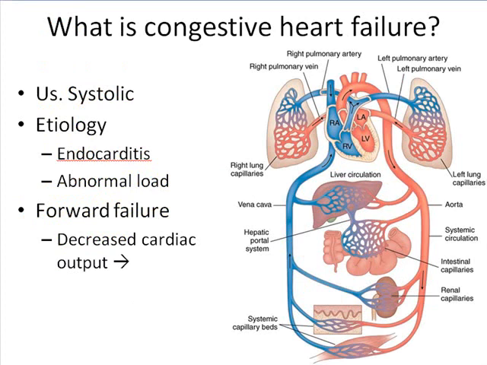So what is congestive heart disease? Well, in a nutshell, congestive heart disease happens when the heart cannot pump an adequate amount of blood to keep the body sustained and going in terms of appropriate levels of oxygen delivery and nutrient delivery. So if the heart begins to reduce its amount of blood pumped, we have congestive heart failure. And usually the type of congestive heart failure people experience is called systolic heart failure. Now there is a type called diastolic I'll talk about in just a second.